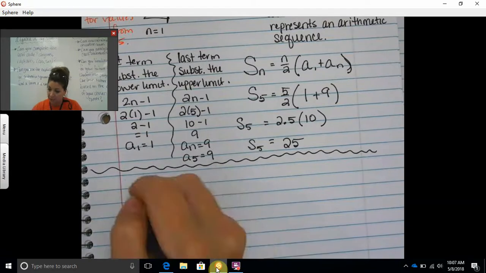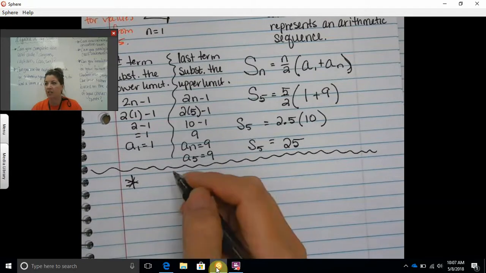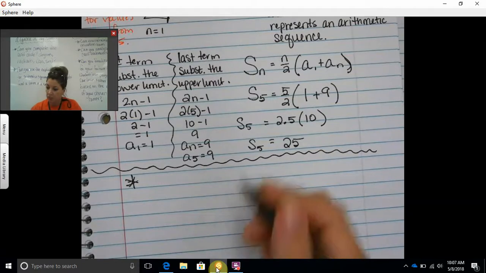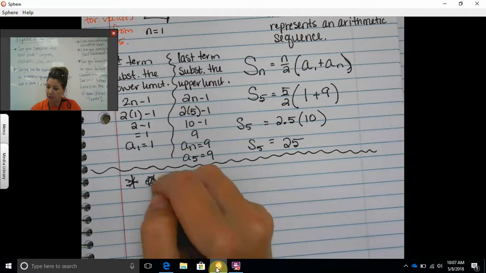We write everything down. But that's what kids always forget. They just look at that upper limit and think that's how many terms there are. But if it starts at 0, then that's technically 31 terms because you have to count the 0 term, first, second, third, all the way up to 30. So if your lower limit is not 1,